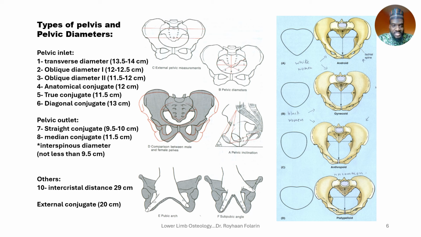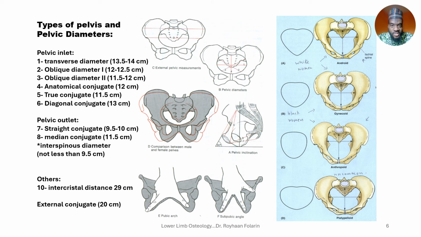It's only slightly different from the anatomical conjugate in the sense that the true conjugate ends at the posterior surface of the pubic symphysis, right here. So the true conjugate is slightly shorter for this reason, at